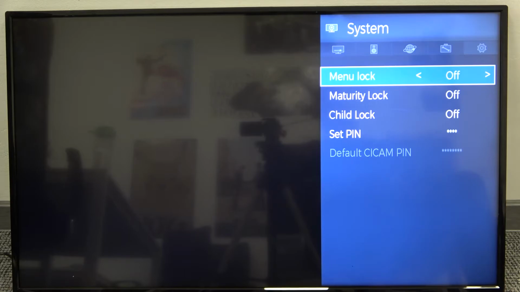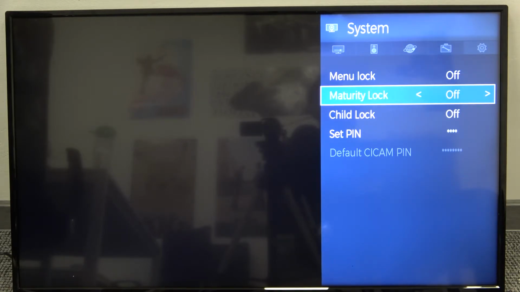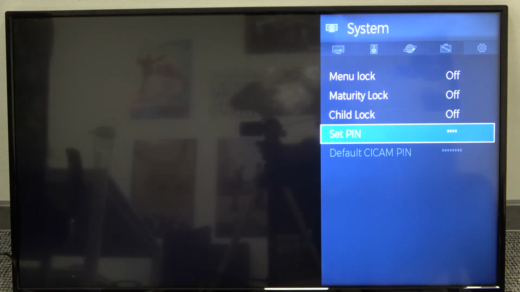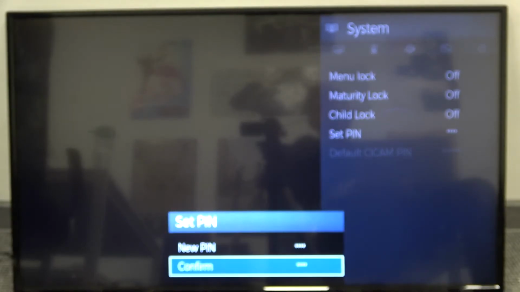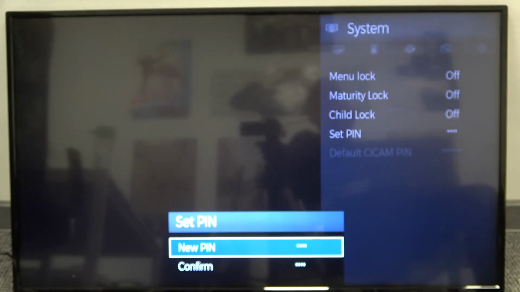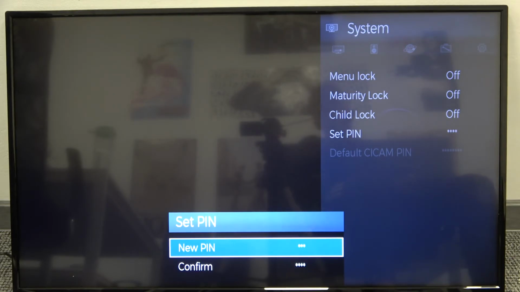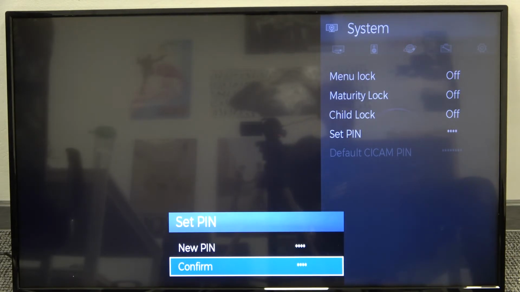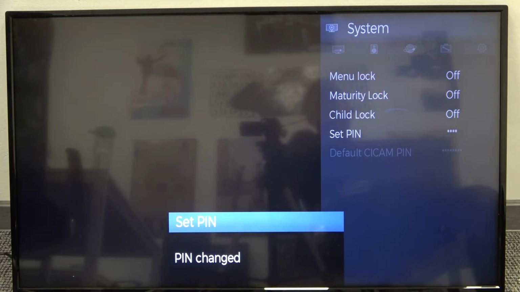So here you can lock the menu, majority, child, and you can set a different pin. So right here you can set the new pin. For example, I'm going to change it to 1, 1, 1, 1, and you have to confirm with the same one below. As you can see, the pin code has changed,